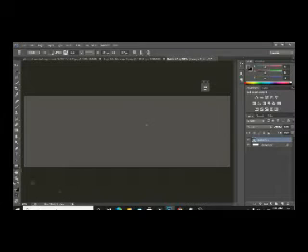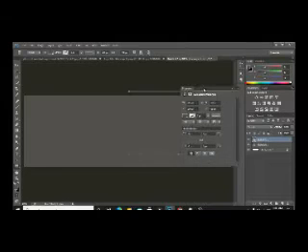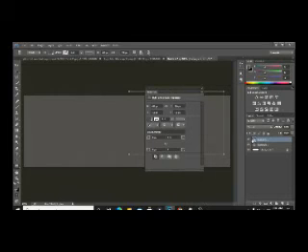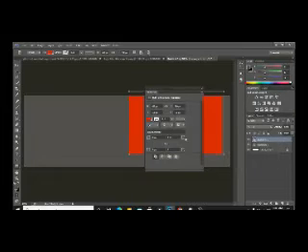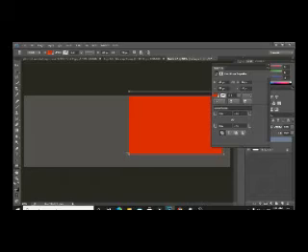Okay, again now I am going to take another rectangle tool like this. You can see it. Now what we have to do next is first select the color of the box. Orange or red, I am going with red here, a little bit darker. Okay, then what I want is to give a little bit of curve here, not for the whole box, just one side of the box.